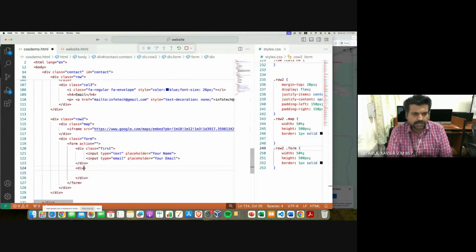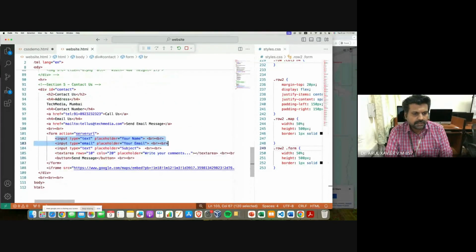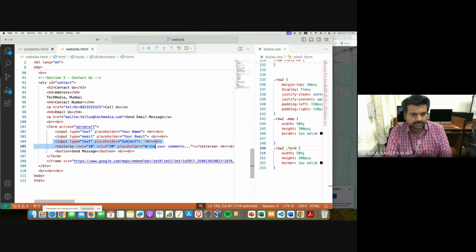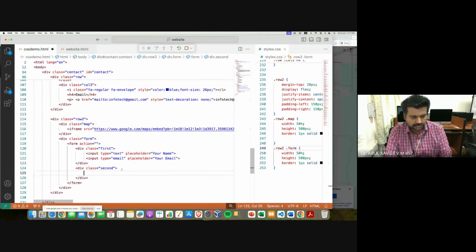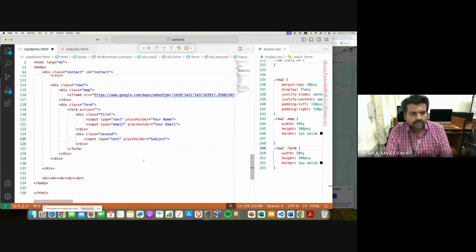So I'm going to create another div element. This is the second row where I'm going to put one more text box. That text box is actually this one, subject. You can copy the subject text box. Then in the next row I'm going to keep the